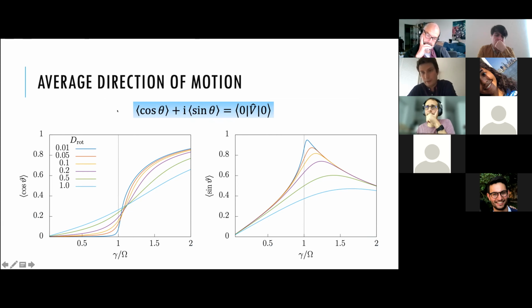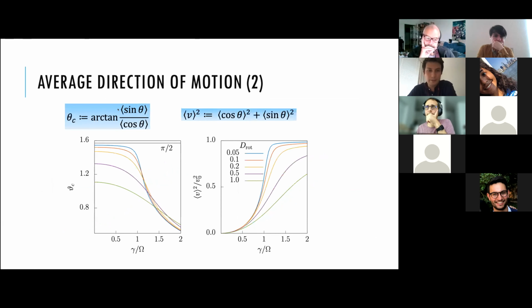Interesting also for the average sine theta, that it has something that resembles a resonance, that it peaks around 1 when external drive and internal drive coincide. Also, this can be represented in different ways. If we employ the characteristic angle, as we discussed before, the kind of average direction of motion, we can see that up to ratio gamma to omega 1, it doesn't depend on gamma, and then it quickly changes, and then its dependence